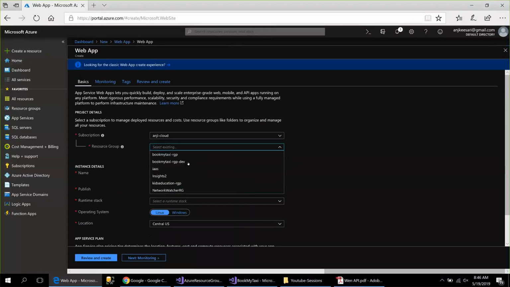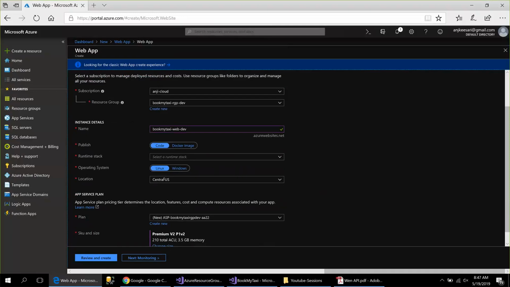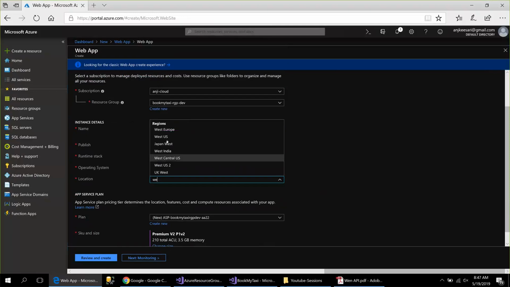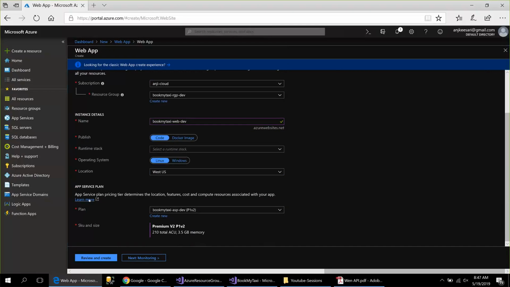Then again we are going to select the existing resource group and web app name. Again, this is in the West US. Here I need to create the actual app service plan, either create or select the existing app service plan. I will be selecting the existing app service plan, then